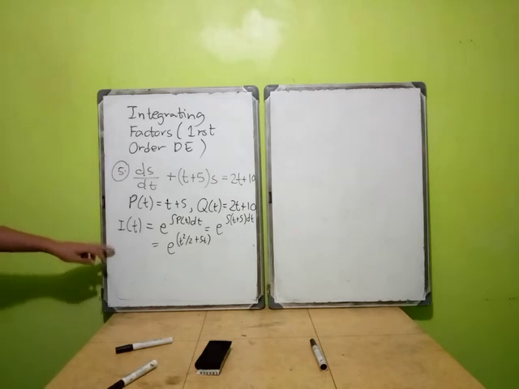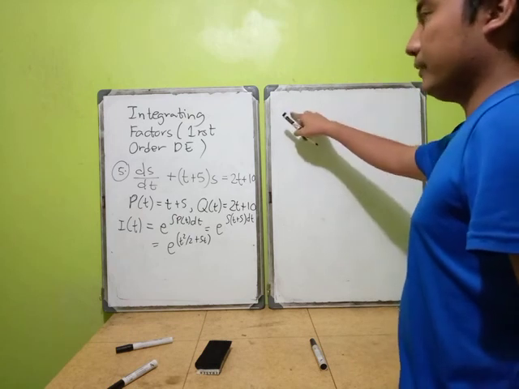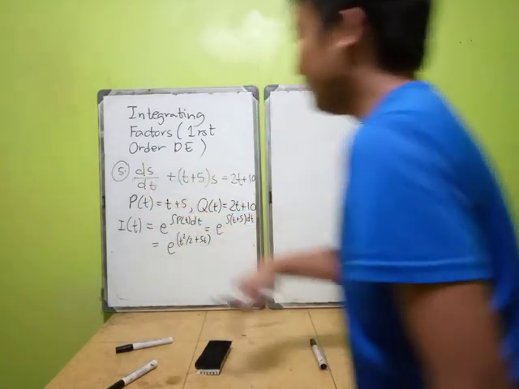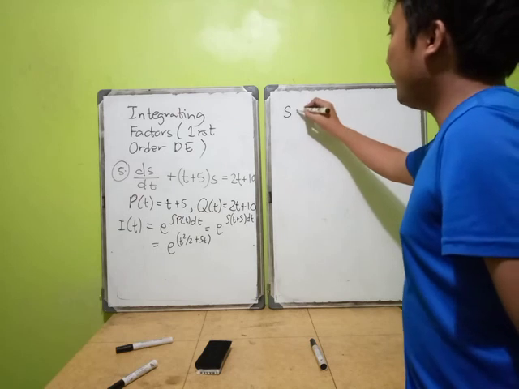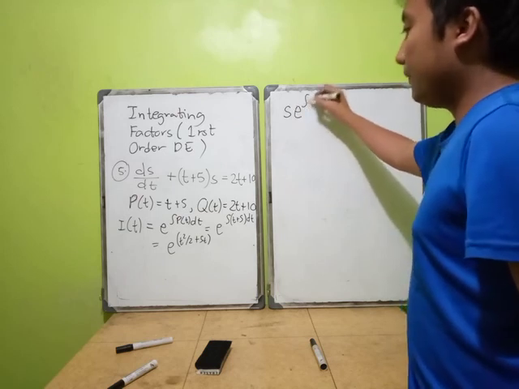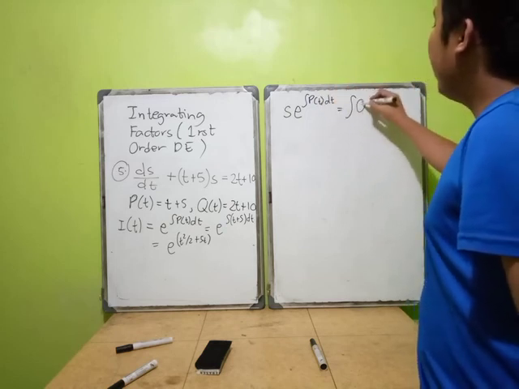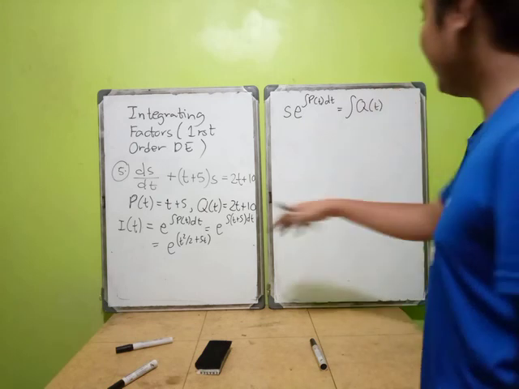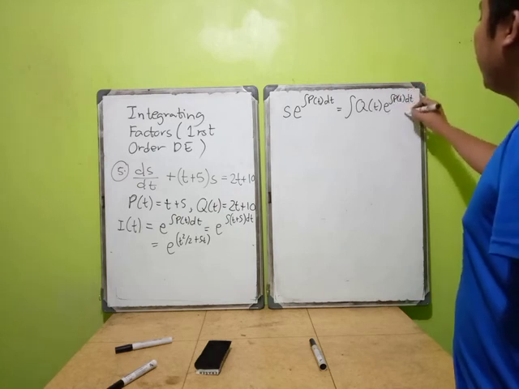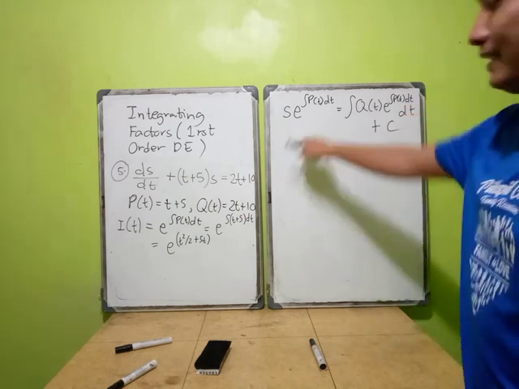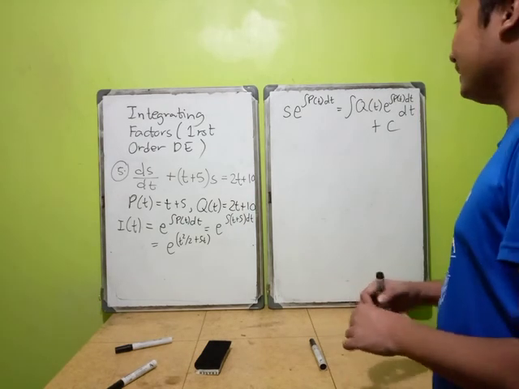Okay. So, paano to isolve? Okay? So, obviously, our solution, okay? So, itabi natin to, so, ano yung nasa taas niya? So, yung nasa taas niya is si s. So, therefore, magiging s times e to the power of integral of P of t dt is equivalent to integral of Q of t, okay, ito yung magiging general solution natin, e to the power of integral of P of t dt plus c. Okay, so ganyan. So, just replace mo lang. Okay, so hindi ibig sabihin na hindi dy, hindi dx, hindi na pwedeng